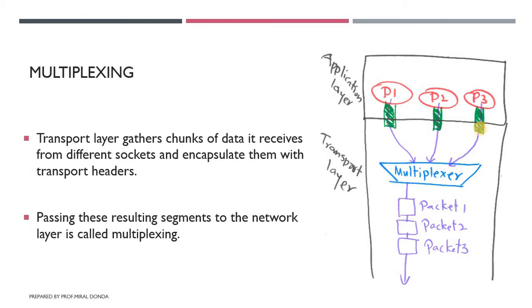Here in the transport layer, data is divided into packets, and we also provide headers to those packets, and the packet is now ready to deliver. So now that packet is delivered to the network layer. This whole process is called multiplexing. So gathering data from multiple application processes of the sender, enveloping the data with headers and sending it as a whole to the intended receiver is called multiplexing. This is the basic concept of multiplexing.